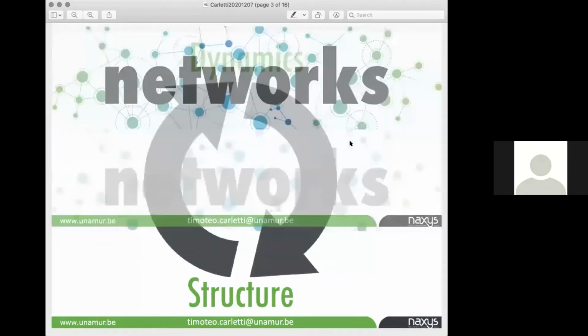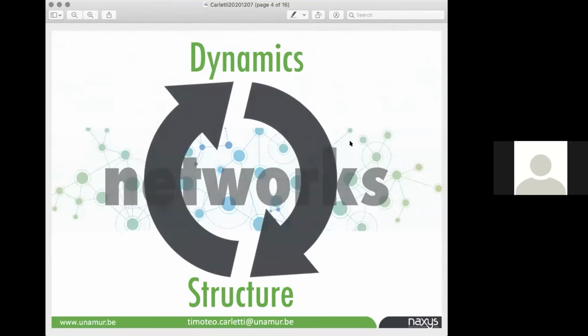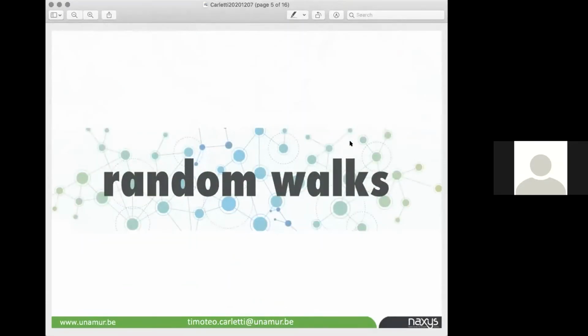Once you have a network, it is important to realize there is a strong interplay between dynamics and structure. Once you run a system on top of a network, the dynamical outcome will strongly depend on the structure of the network, that is, how links and nodes are connected. But at the same time, you can use the dynamical system to unravel the structure of the network. To study this kind of interplay, a simple but largely used model is the random walk. In the simplest case, random walks are processes where you have an agent, a walker, that jumps among nodes in the network using the available links.